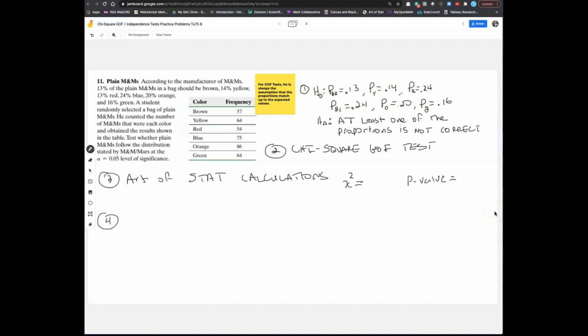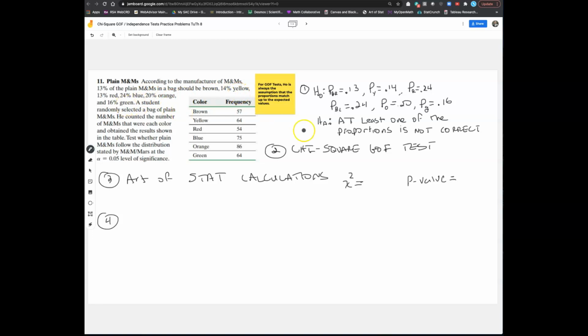Okay, let's take a look at a chi-square goodness of fit example. This is the example from the Jamboard that has been posted on our course homepage. We're looking at the distribution of M&Ms and the color of those M&Ms. And so we can see, according to the manufacturer, we have this distribution here, which is the percent of M&Ms